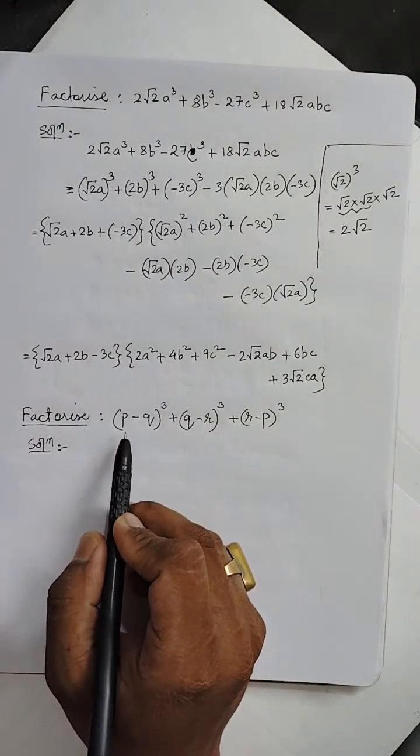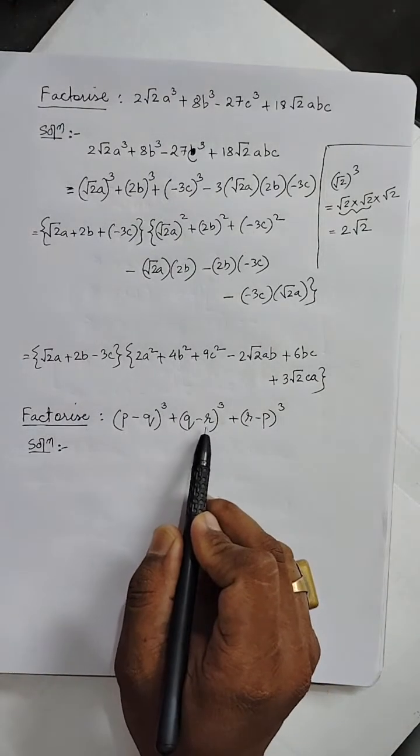Anyways, so we have p minus q whole cube, q minus r whole cube and r minus